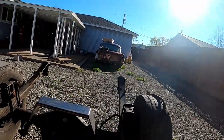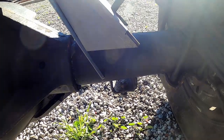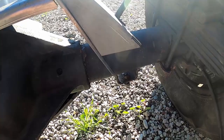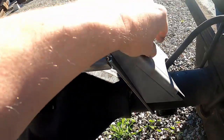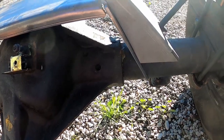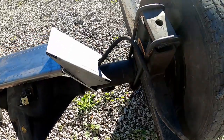I've been kicking around what I was going to do with the vent tube for the axle because it's kind of in the way of the extra support brace that goes on right here. And I was thinking I was going to move it, but space is pretty tight in here. And I think if I just cut a hole in this plate here big enough to fit a socket down in there, I can still access it if I need to, and the tube will be able to come out no problem, and it shouldn't